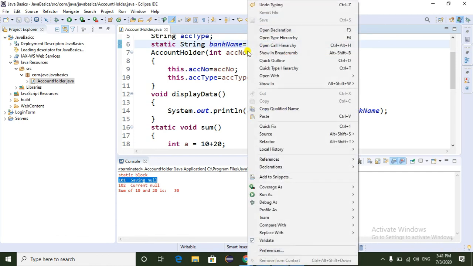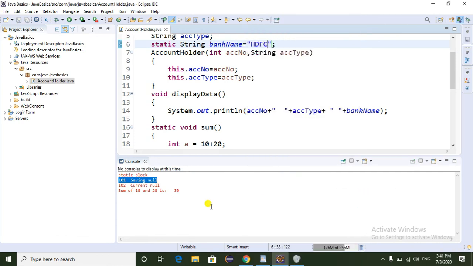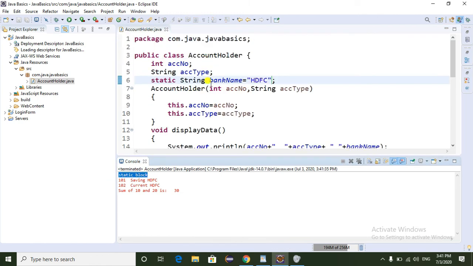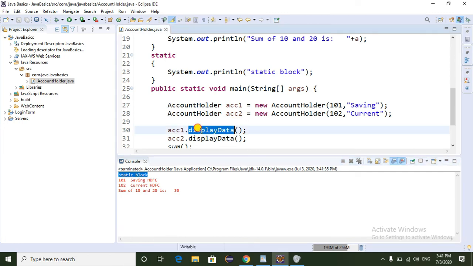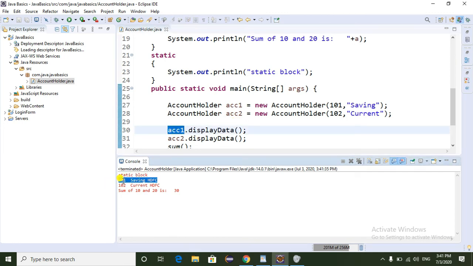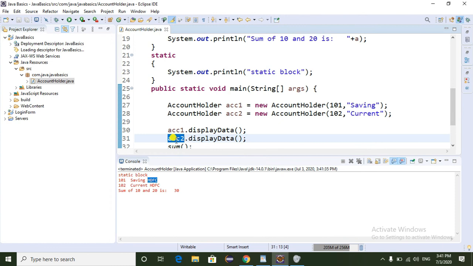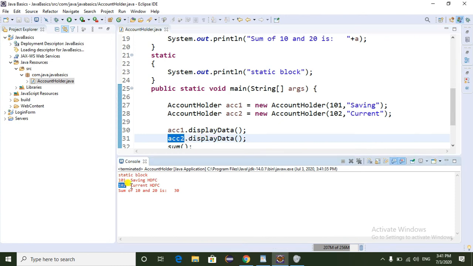So now I am going to run the program. If you observe here, first static block is executing as per definition and then displayData of object 1 is executing. So account number 101, the account type is saving account, the bank name is HDFC. Then account2.displayData, here the account number 102, the account type current account, and bank name is HDFC.